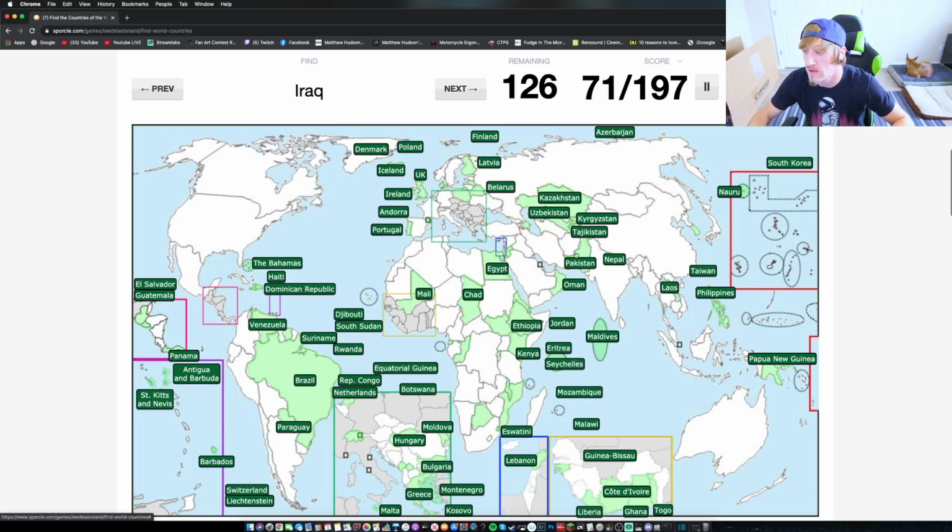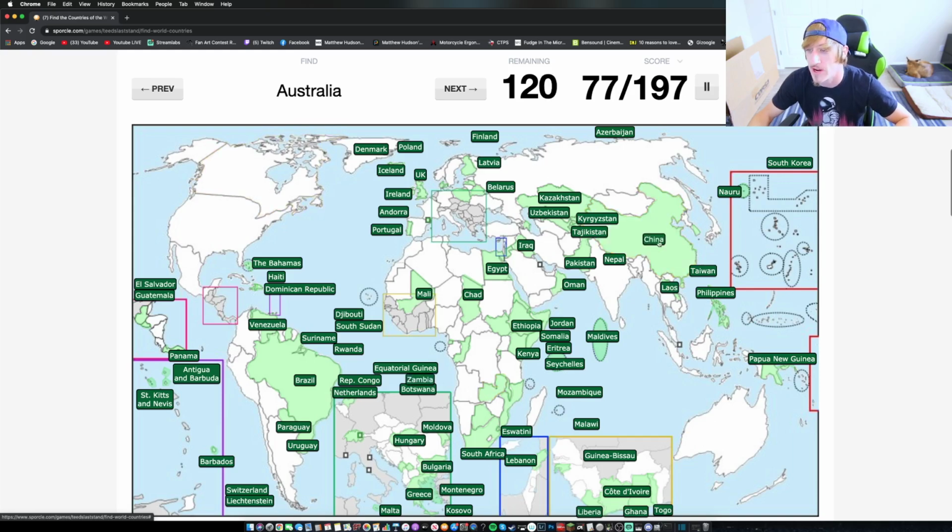Iraq, this is Iran here. Iraq is the one to the left of that. South Africa, obviously South Africa. Somalia is over here by Ethiopia. Uruguay is right next to Paraguay, but it's the coastal version. Zambia is this weird looking, like whale looking country here.